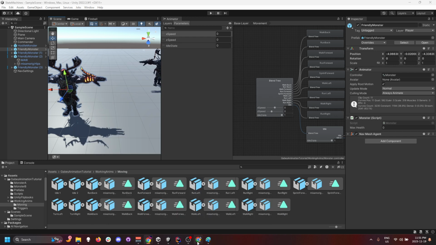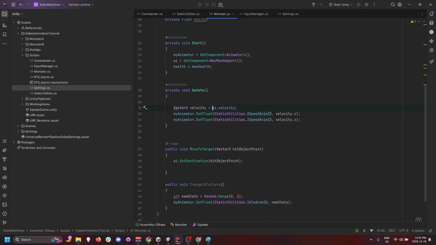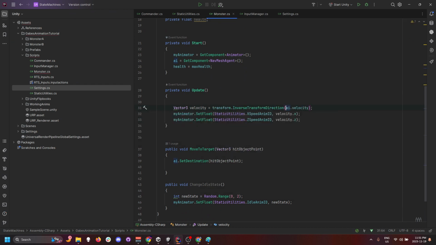I didn't know that was a thing. So literally, all we need to do is we need to say our velocity equals transform dot InverseTransformDirection. And now,